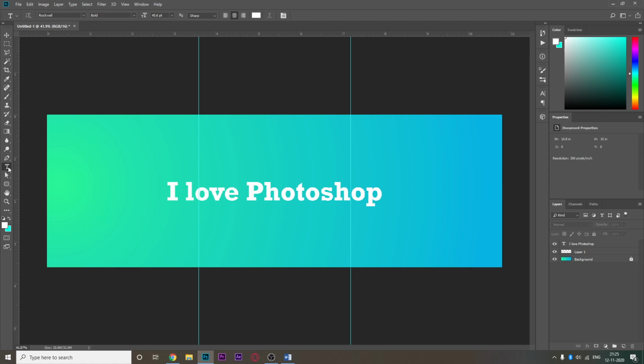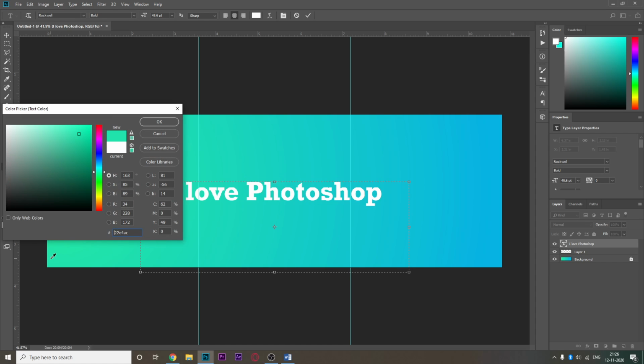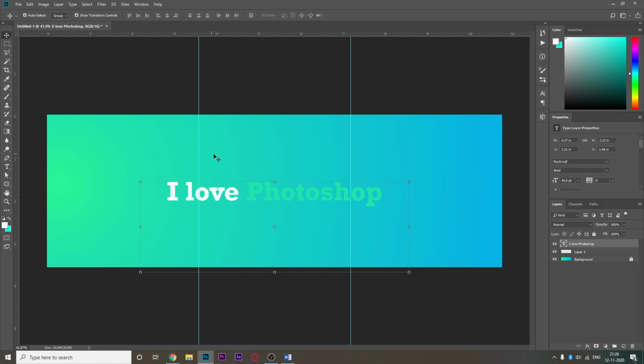Now I press T. Shortcuts are very important in Photoshop. Obviously you can go here and click, and you can go here and select this text box, but then these are all very tedious works. You remember the shortcuts such as V is for move. So now that I've pressed V, I can just simply go here. Now I want to go here, so I press T and it goes here. Now I want to change this color of Photoshop to this green. So I just select, I put, and I'm done with that.